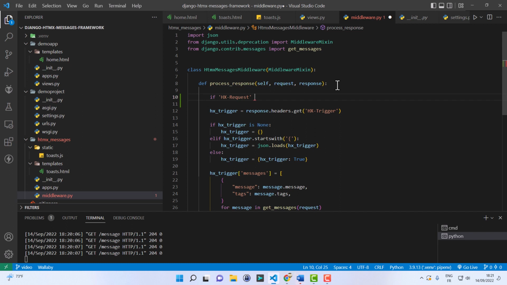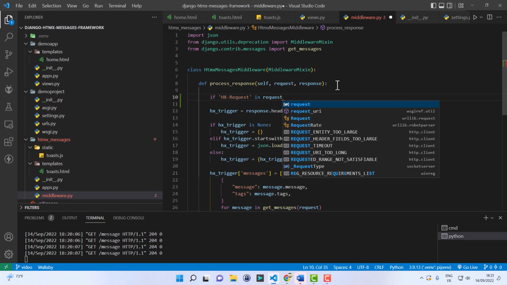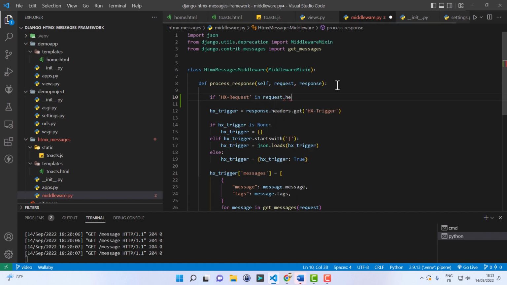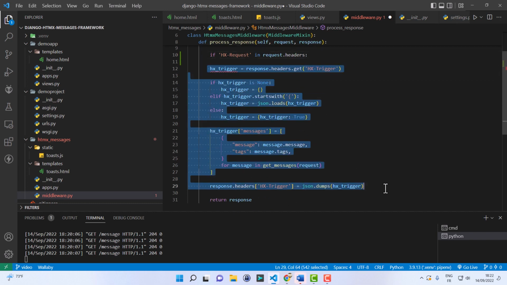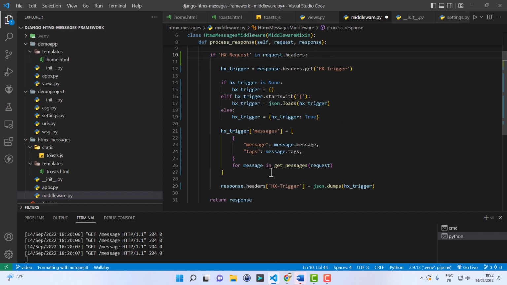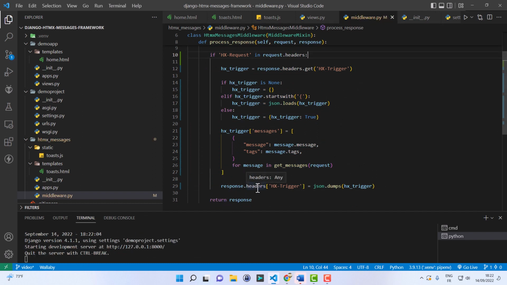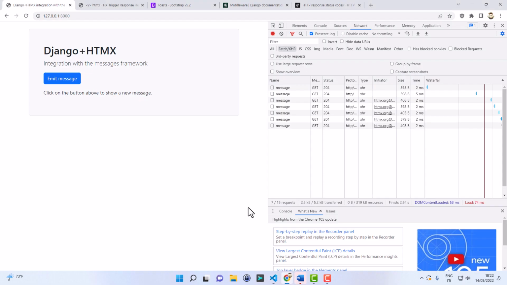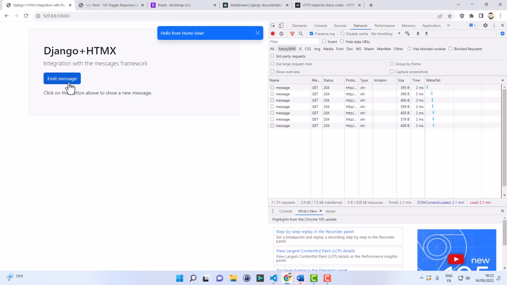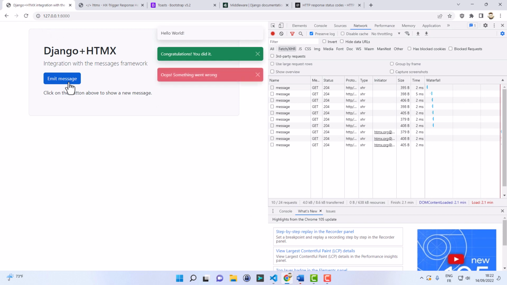So if hx request is in request.headers, then we can apply all this logic. Otherwise, we just return the response unaltered. Let's do one last final check. And yes, that still works.